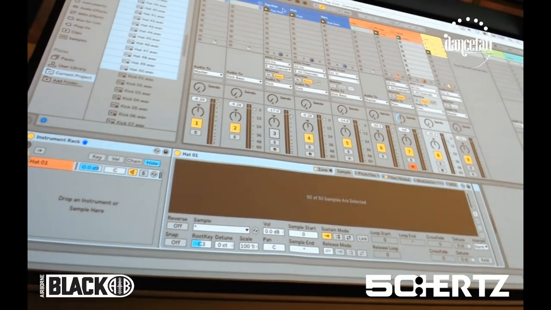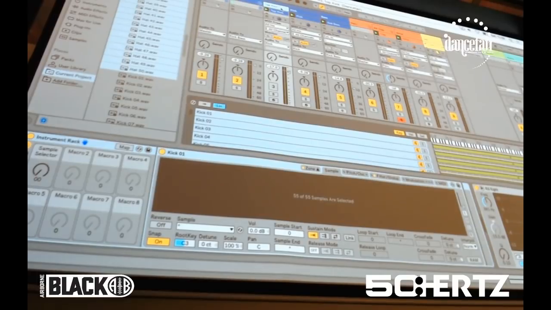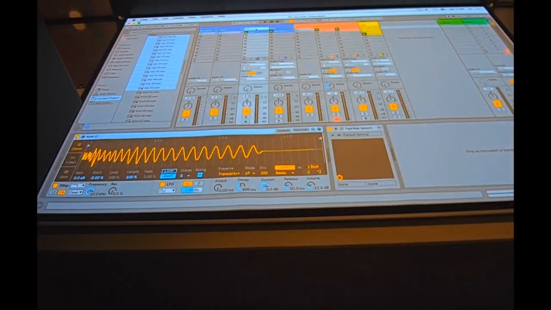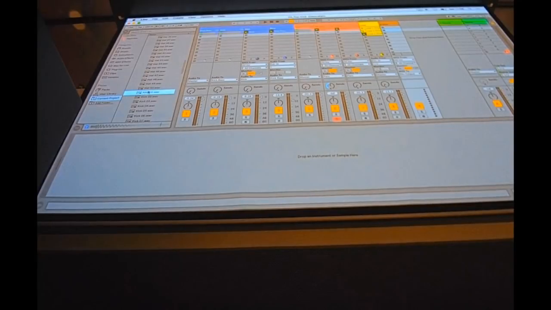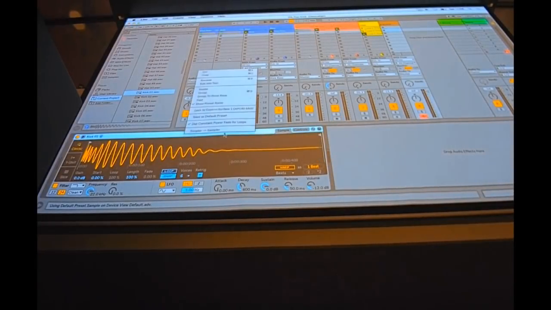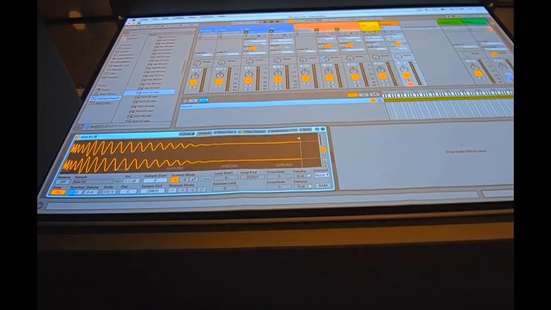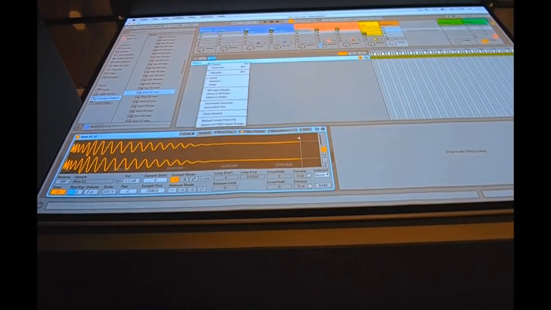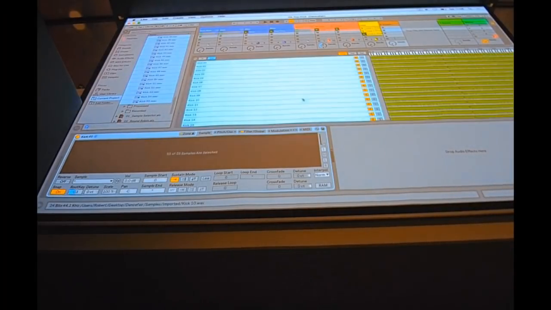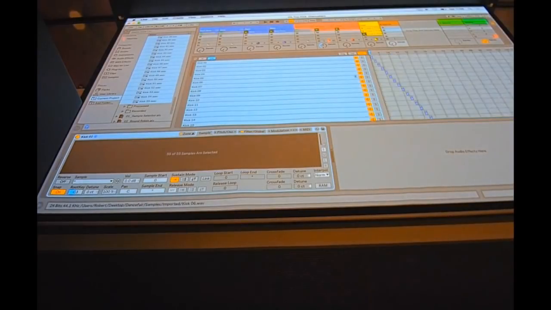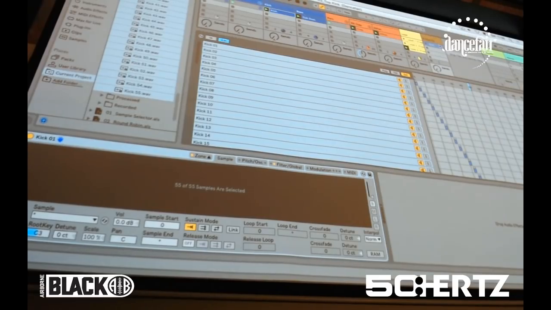So one of the things that I like to do is we do the same as we did with the sample selector. So I go to my project, I have a kick here, just a normal kick. Go to sampler, and we're going to load in all these 55 kicks again. Go distribute ranges, so now I can scroll through these kicks. And now I have kind of what we've had with the hi-hat in the beginning. I've created for a kick.